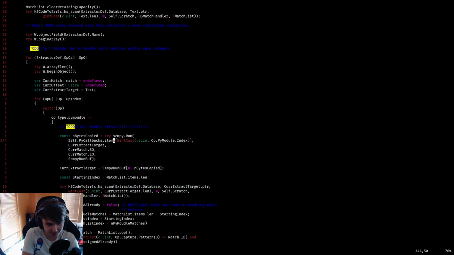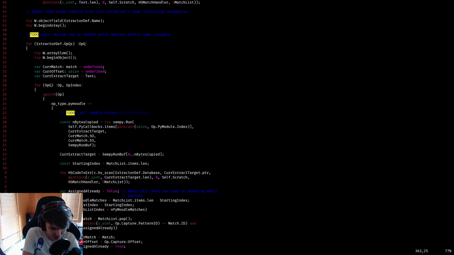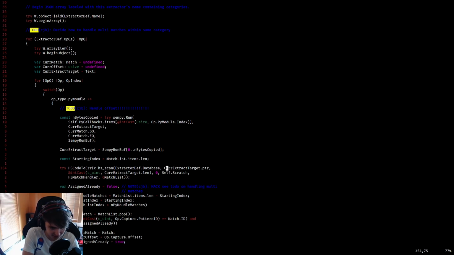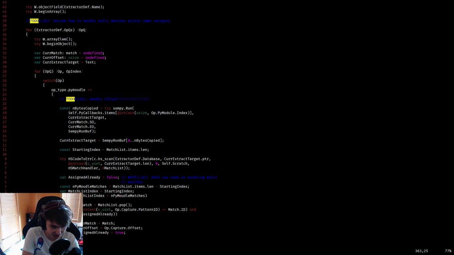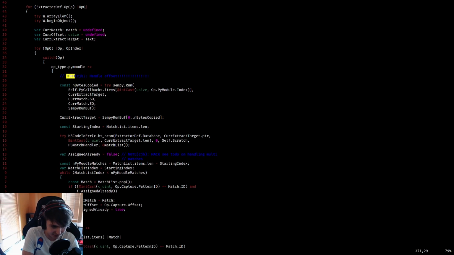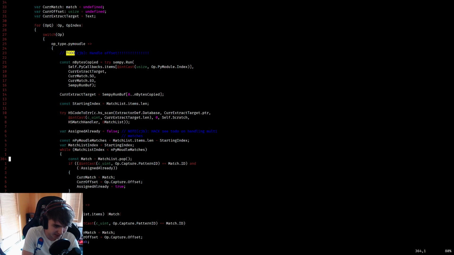Whatever was currently being assigned. We set it to the current module's index, which we know is indeed a pi module because of this wonderful switch case. We record the starting index, we scan on the current extraction target's pointer. Length self.scratch, we hand it match list, we ask if things have already been assigned, we fix our match list. And then,